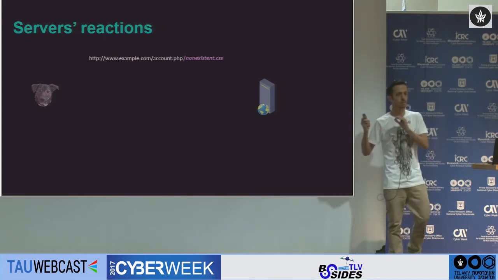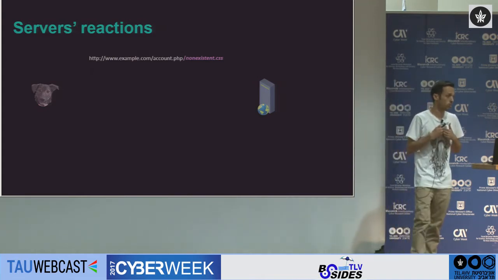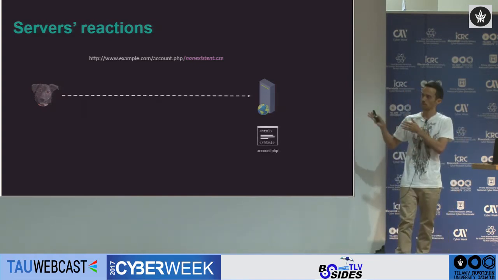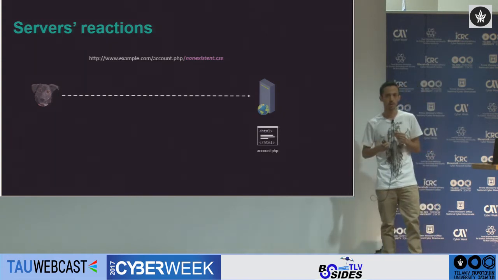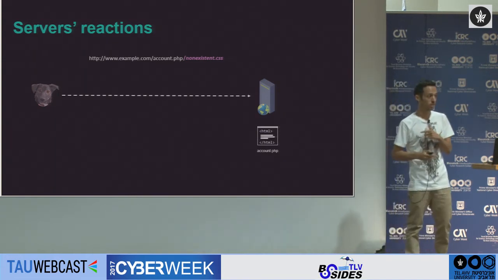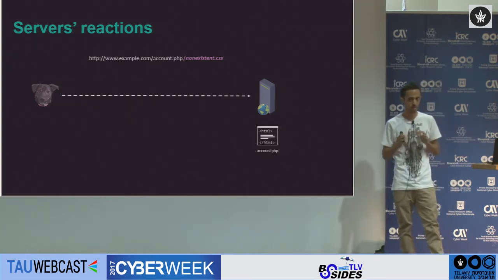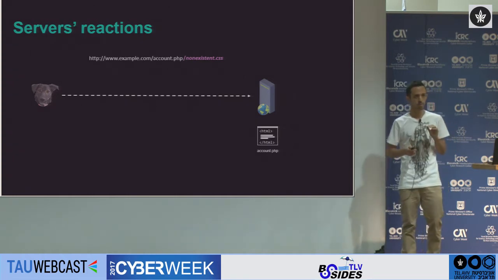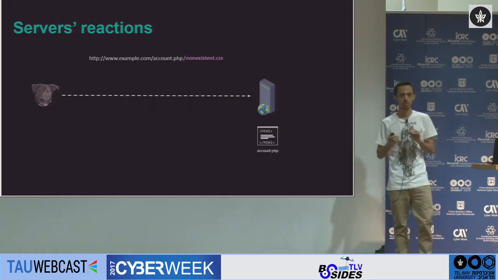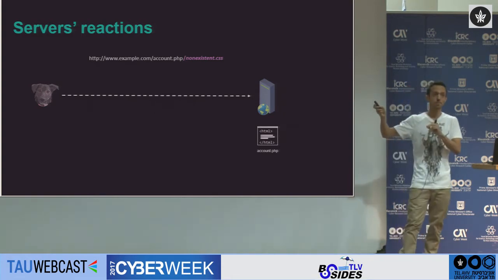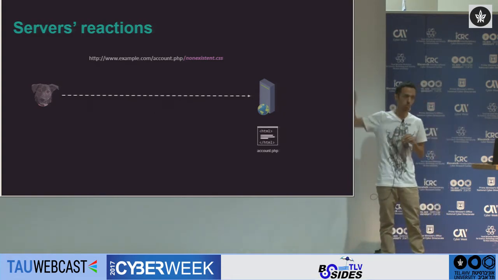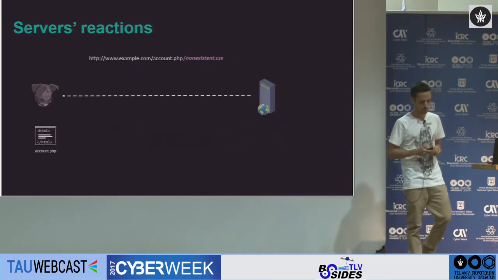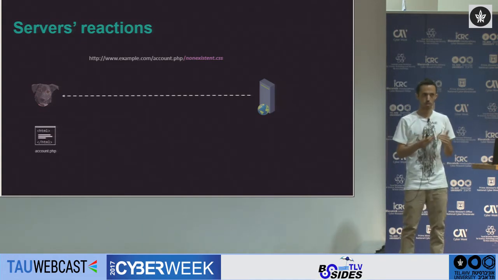So if we try to access this URL, our client, our browser, will send this request as is. It won't be changed. This will arrive at the web server. What's more interesting to look at is how the web server interprets this request. And in certain cases, and not just a few, and we're going to get to concrete examples as the talk continues, the web server will return a 200 OK HTTP response, meaning this URL stays the same with the content of the user's account page. This will be just sent to the user's client. Okay, so I know it's a bit weird, and you're going to see some more examples.